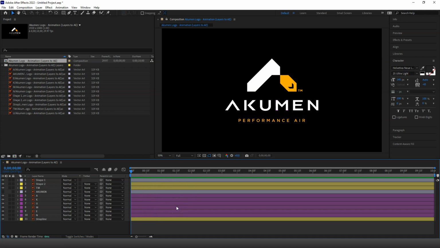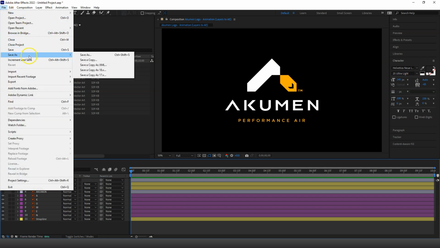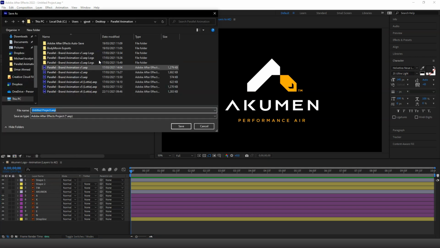There's no practical benefit other than visually, it makes it much easier to skim the timeline and work out what's going on. So that's my first thing, which is just organizing the layers, adding some color keys and checking the composition settings. Okay, I'm just going to save it now, so I'll choose save as,